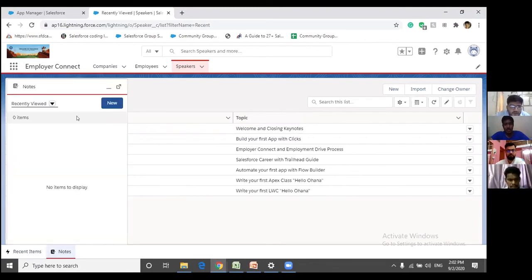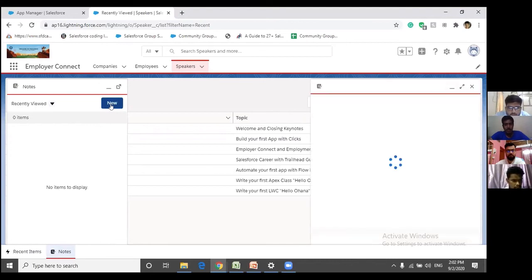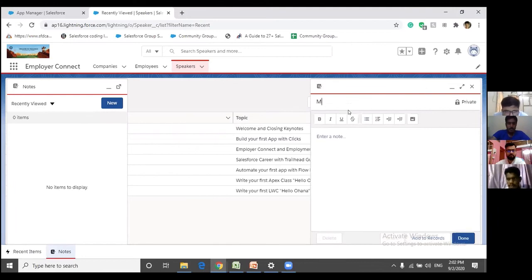I can also write notes here. Let me write a quick note. I'm clicking new and I'm giving it my notes. My note is, sorry, I want to get hired in this drive.